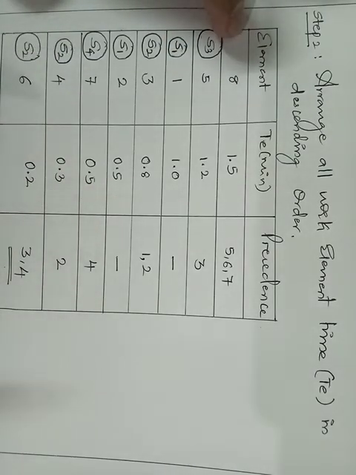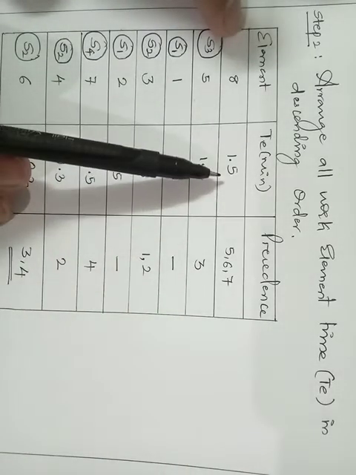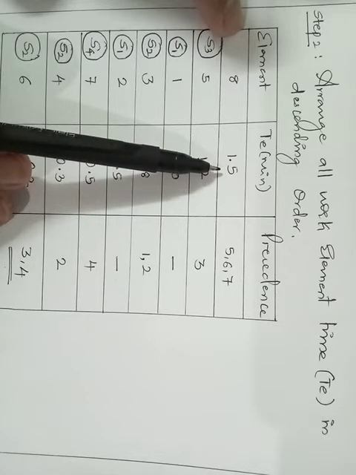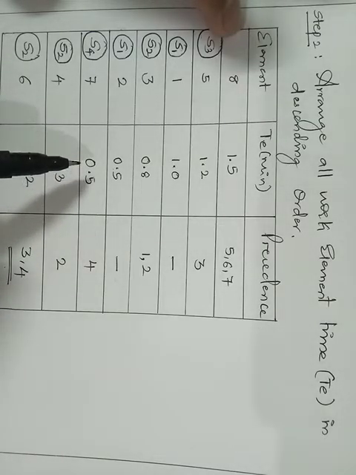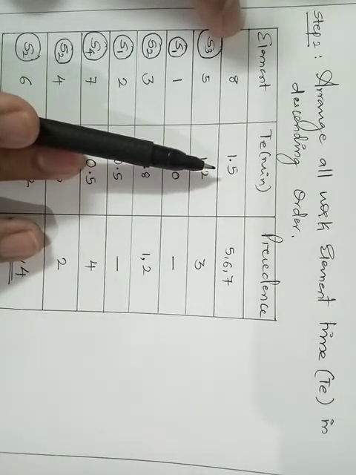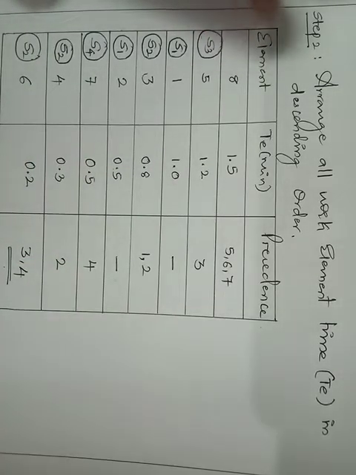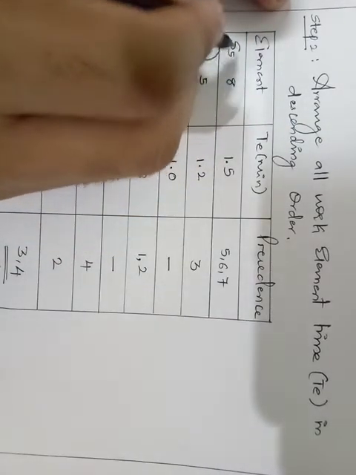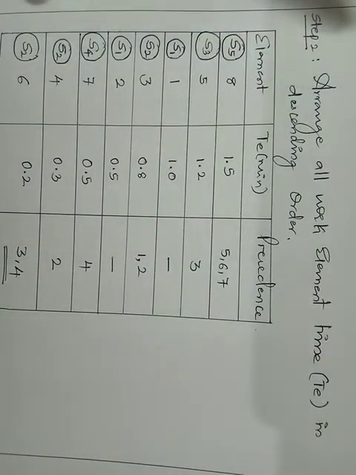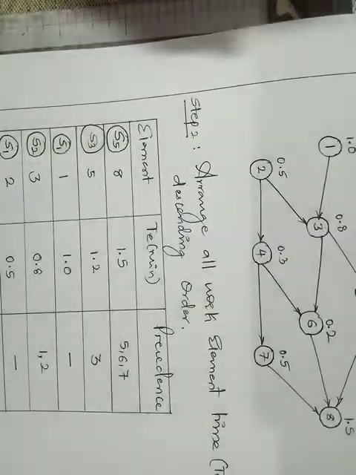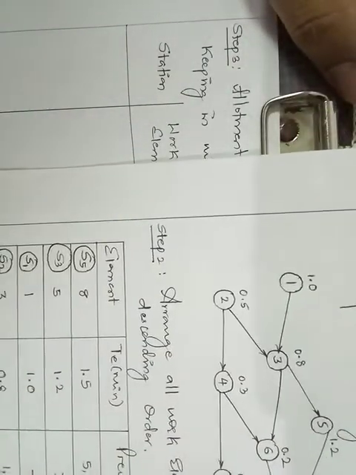Now the only element remaining is element number 8. Let me check whether I can accommodate it on station 4. No, because element time is 1.5. What I can accommodate is only 1, because 0.5 I have already accommodated. So there is no way that I can accommodate it on station number 4. So the only way is with a new station, which is station number 5. Station number 5, right? So that is how you need to allocate these things. Now whatever I have allocated here, I'll be writing it here parallelly.